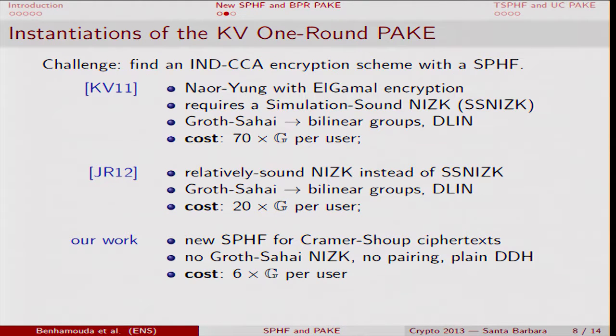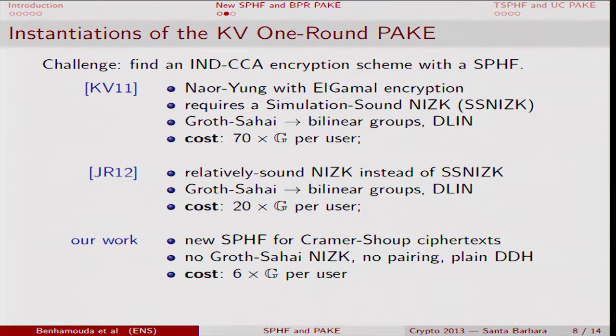So to instantiate this framework, the challenge is to find an IND-CCA encryption scheme with an associated SPHF. And this is quite difficult. So in 2011, Katz-Vaikuntanathan proposed to use the Naor-Yung framework with the ElGamal encryption scheme. But the problem of this framework is that it requires a simulation-sound NIZK, and so the communication cost is very high. It's 70 group elements per user, even using the Groth-Sahai methodology. And in addition, it requires